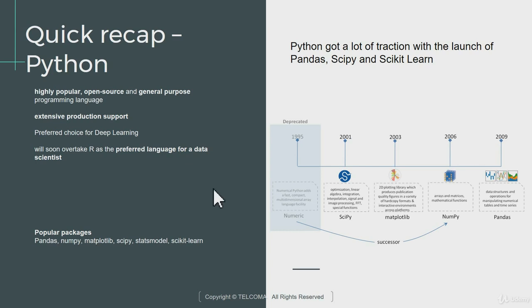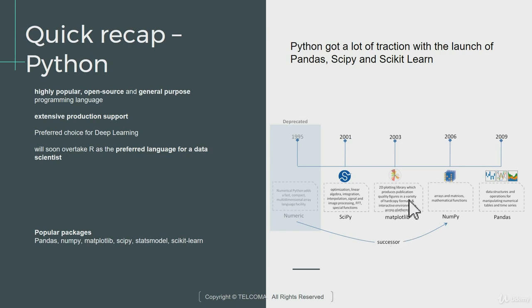Just a brief overview of the timeline. It started somewhere around 2009, when Python was getting widely recognized for data analysis and data science. This is when Pandas came into the picture. But a couple of years before that, libraries like SciPy, which actually mimicked a couple of things from MATLAB,